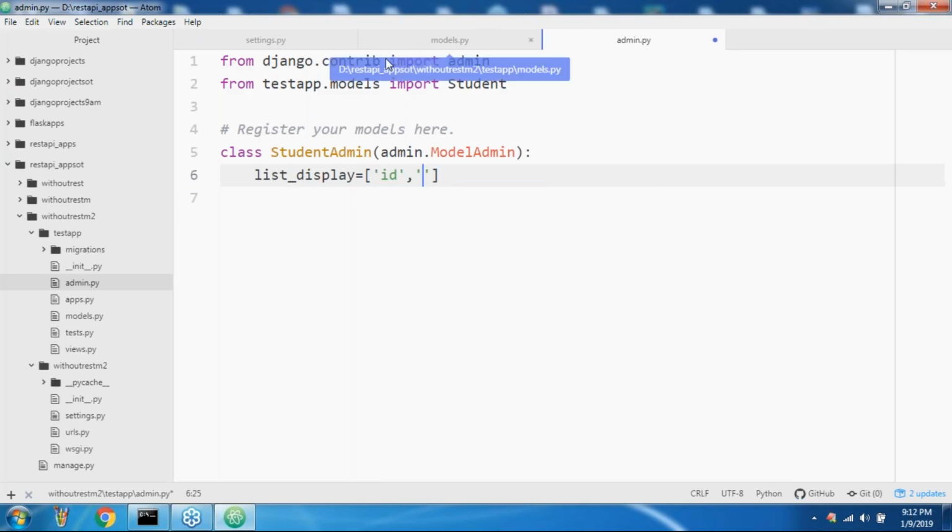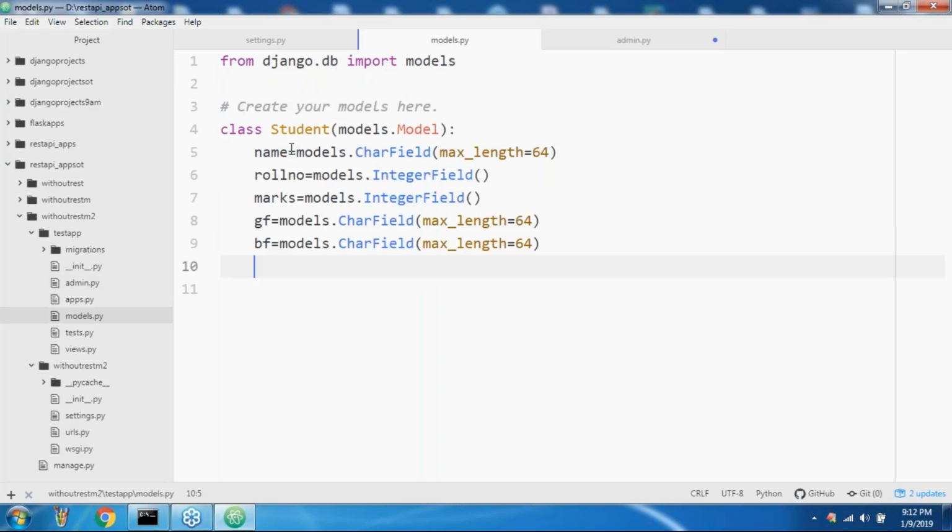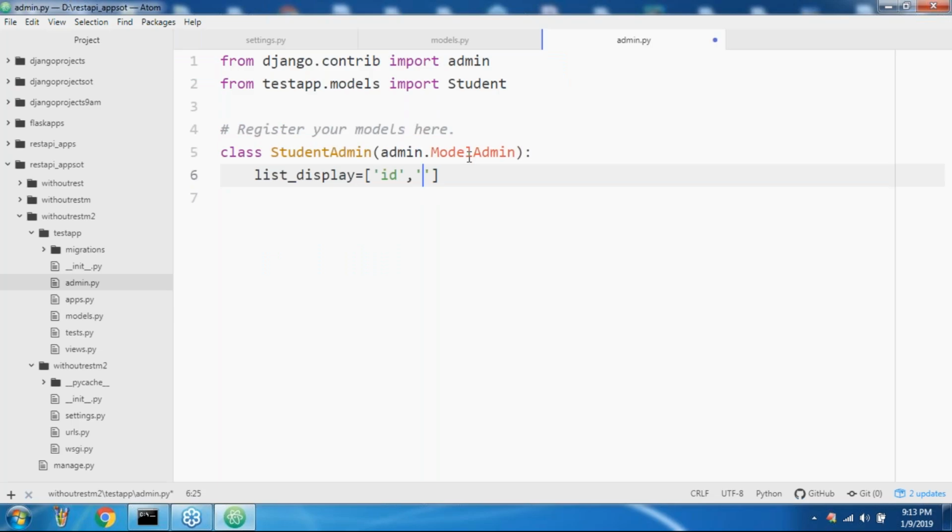Next, can you please confirm what the various fields are, sir? Name, roll number, marks, girlfriend, boyfriend. Name, next roll number, next marks, next girlfriend, next boyfriend, like this we have. That's all.